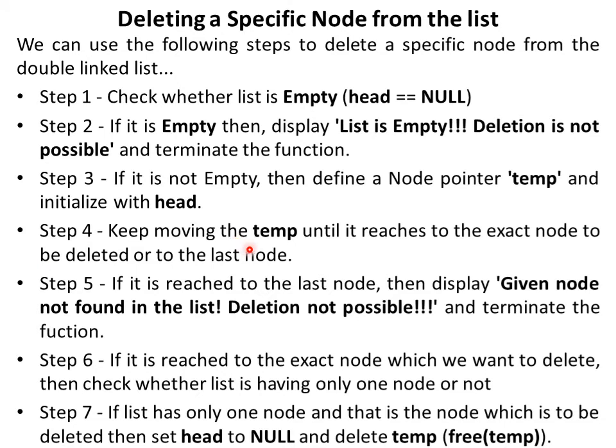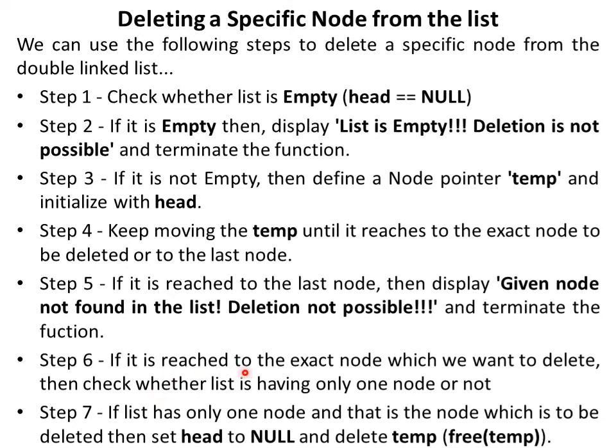Then keep on moving the temp, that is temp of next, until it reaches the exact node to be deleted or the last node. Last node means what happens here? Null. That is temp of next equals to null. If it reaches the last node, then display given node not found in the list and deletion is not possible, because there is no specific node given to delete, and terminate the